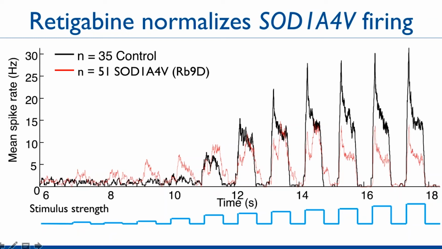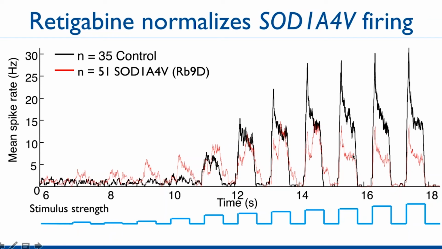And this experiment that we've done here actually explains the difference between those two experiments. Here, you can see at these very low stimulus thresholds, the mutant cells fire more. But as we induce the cells to fire more and more with more blue light, you can see this very natural phenomenon that occurs in neurons where when you deeply depolarize them, you get an initial action potential followed by sodium channel inactivation and a decrease in activity. As you go out to these larger stimulus epochs, the mutant cells actually fire less than the controls do. And this is due to sodium channel inactivation.